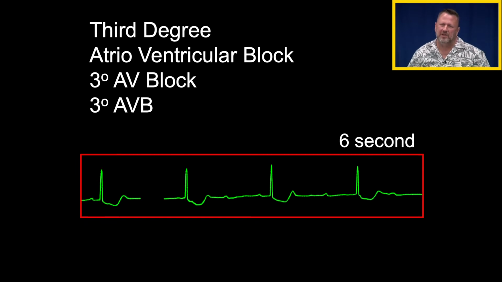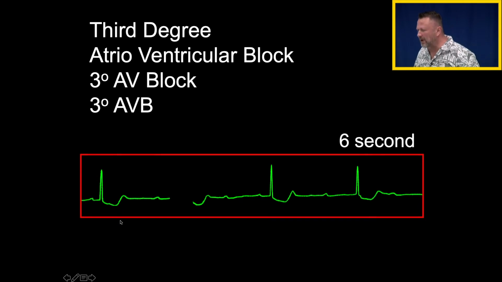What is this person's heart rate? Well, they have 4 QRS complexes in our 6-second strip, so their heart rate is 40. And so we'll look at them. They're probably not doing very well. And when you see third degree heart block with a heart rate of 40, they're usually unconscious on the table. And you can see the little P waves, P wave, P wave, P wave, P wave buried in the T wave, P wave, P wave, another P wave buried here in the T wave,